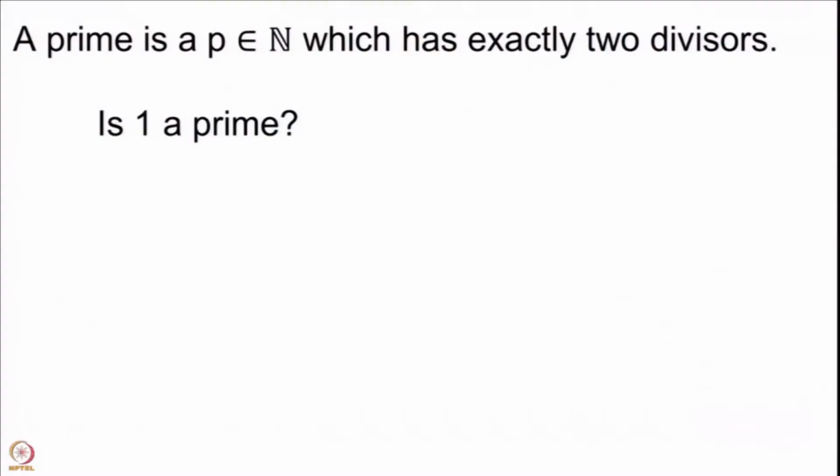Okay, so once we have made a definition, a natural thing would be to see some properties, maybe prove some results, but before that we should see examples. Let us go over our numbers. We are working with natural numbers, so we will start from 1 and go onwards. Let us start from 1 and see if we get a prime. Is 1 a prime? What would you think? How many divisors are there for 1?